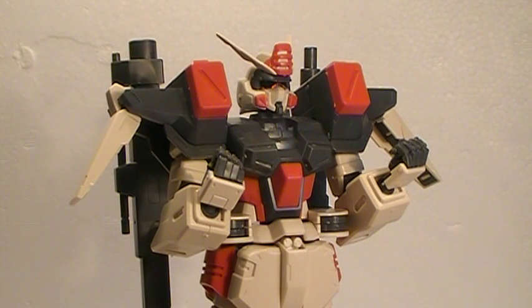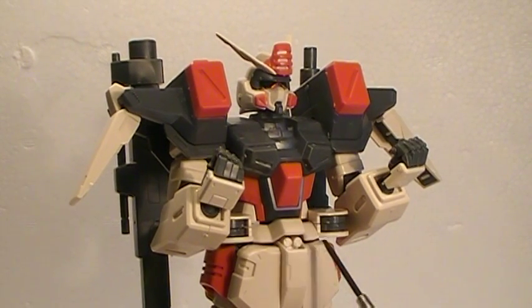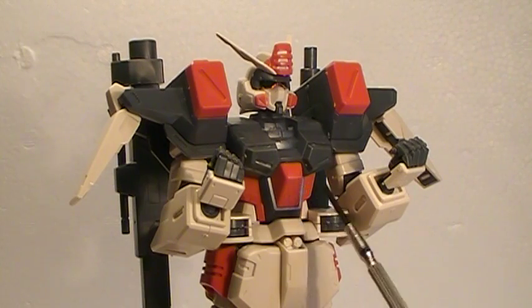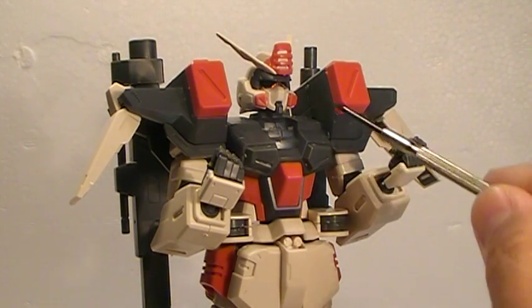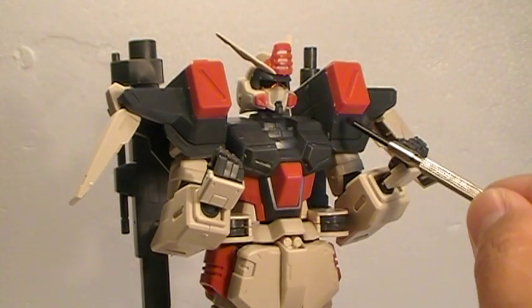This is my review of the Buster Gundam from Gundam Seed. It's a 1/100 scale non-grade model. Just to point out the colors because I'm not sure if the camera will pick it up. We've got the cream colored white, the orange color, and then the chest, upper torso, and shoulders are a dark forest green,